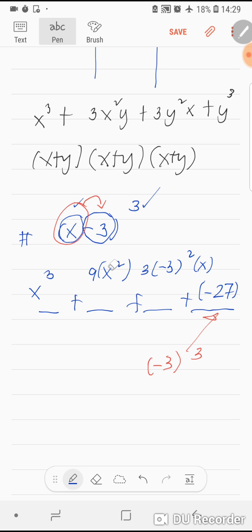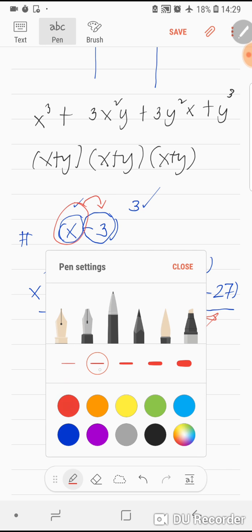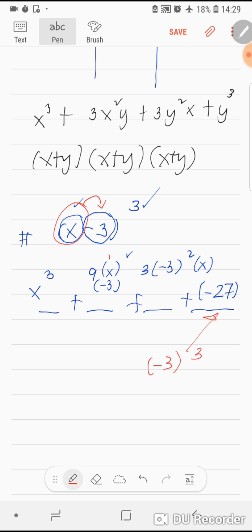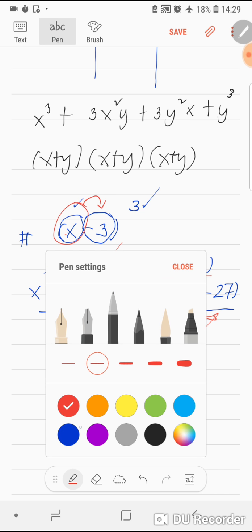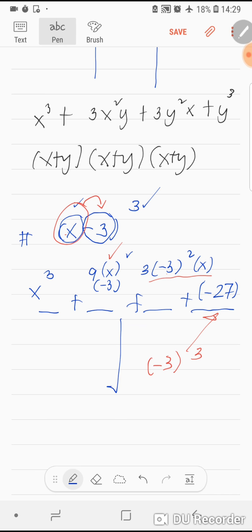So let's try to reverse this a bit. This should be x to the power of 2 times negative 3. Take a look at this. So x got the chance to be squared, and in this term we can see that it's negative 3 that got the fair share of being squared. We should not forget as well that we need to